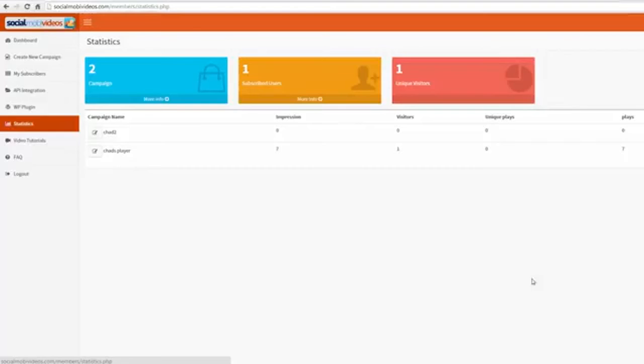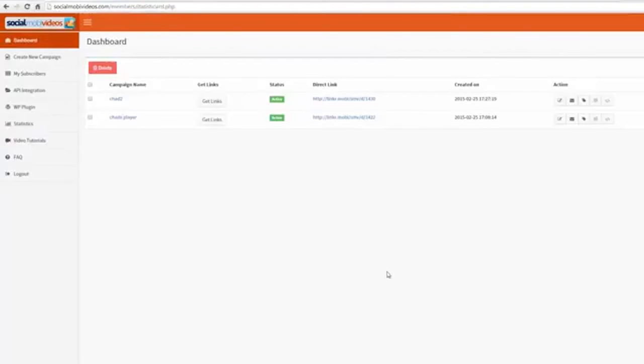So just to recap, with the front-end version, okay, this is the basic version, you're going to receive 15 templates. You're going to have 3 skins to choose from. It includes the WordPress plugin. With the embed code, you can put that on unlimited sites. And with the fan page deployment, you can put it on up to 25 different fan pages. Okay?